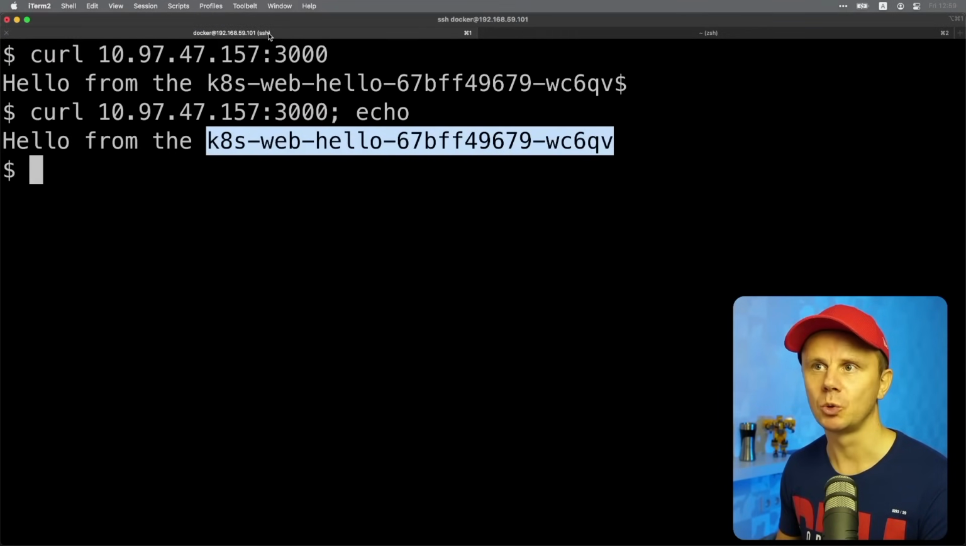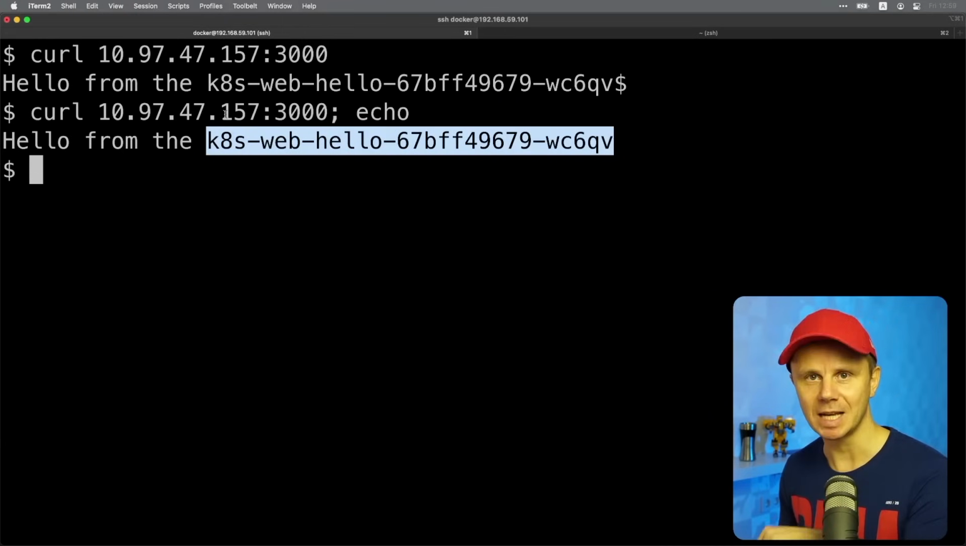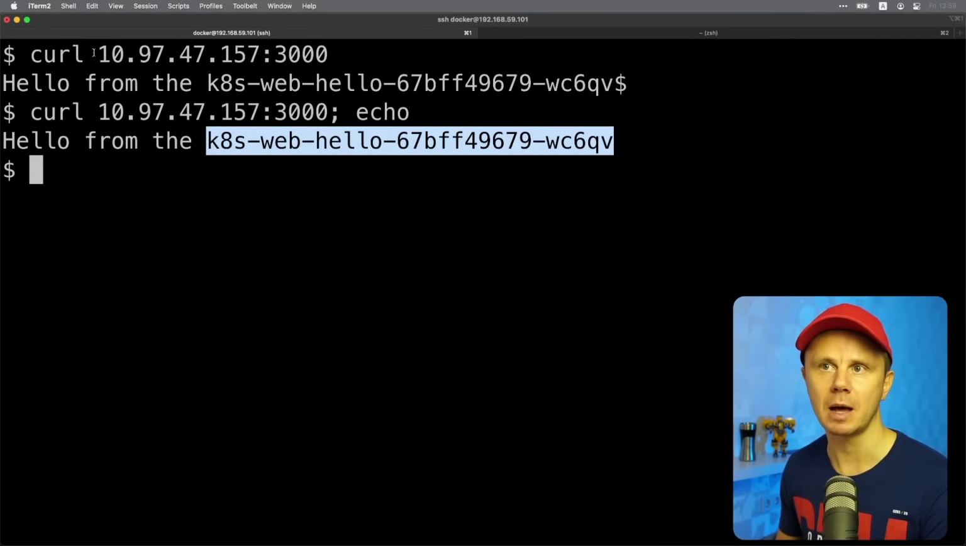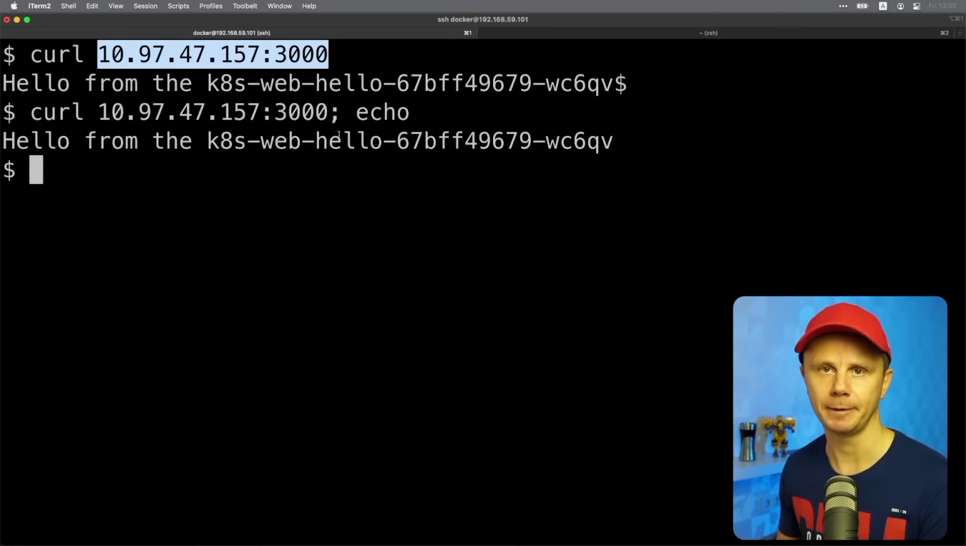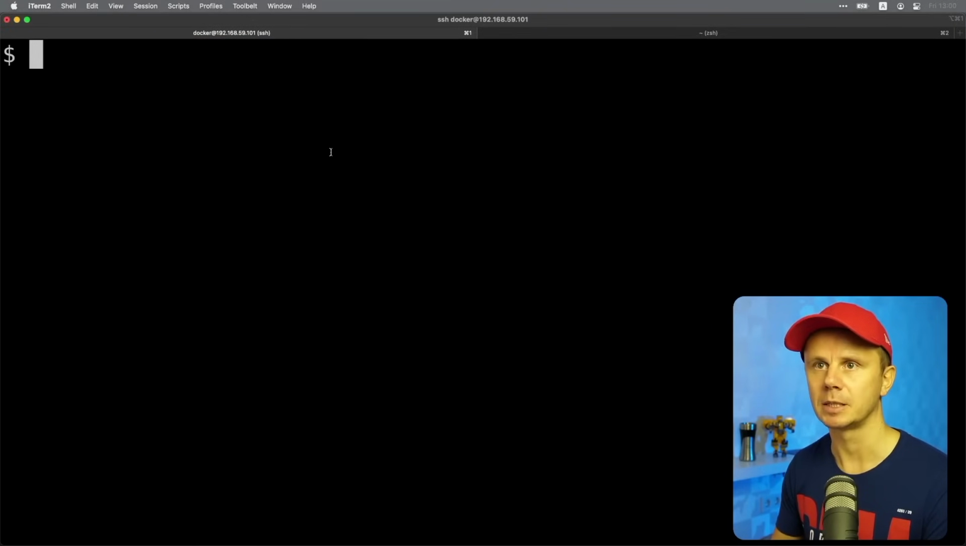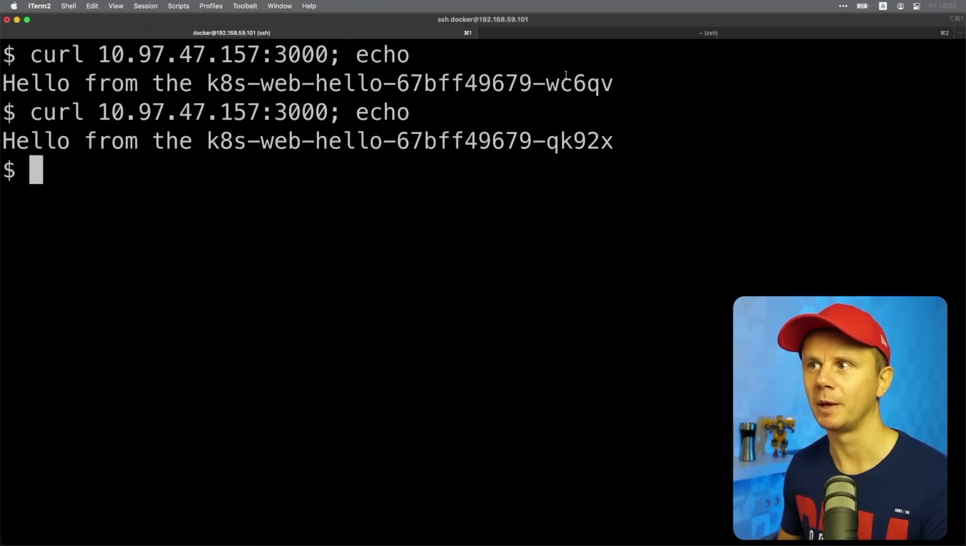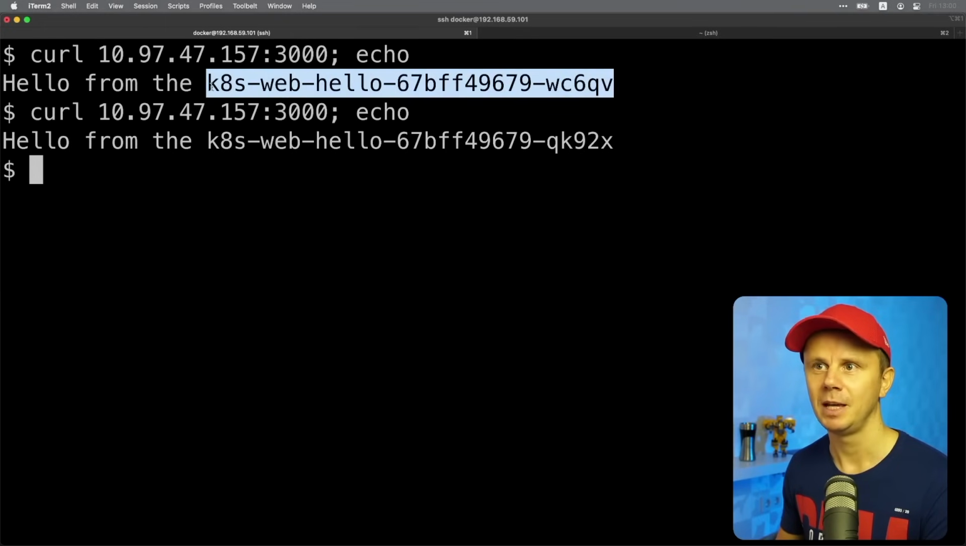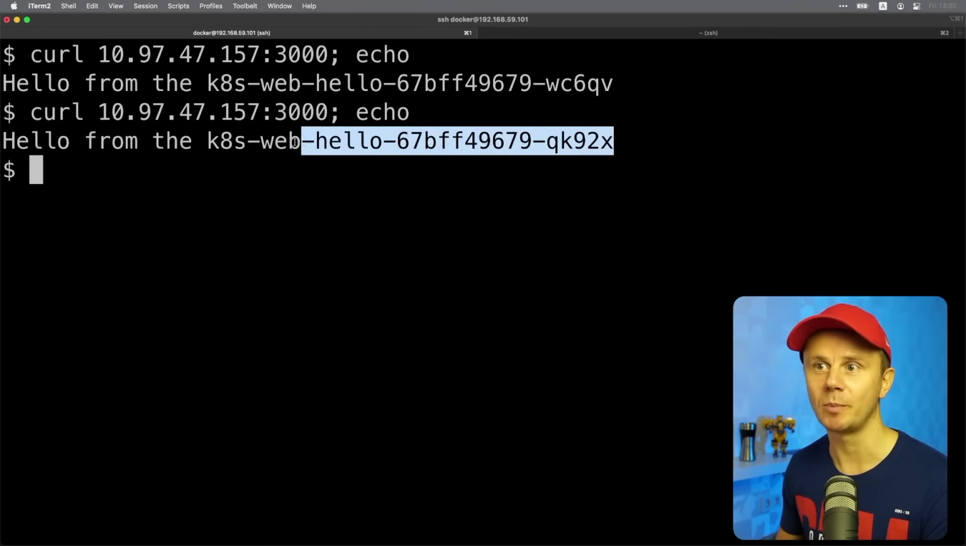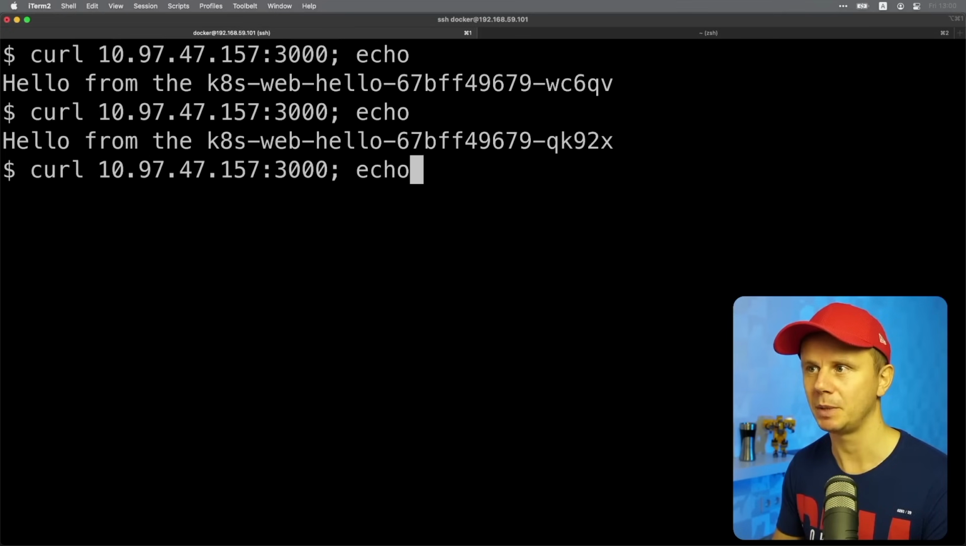Let's now go back to this tab where we are inside of the Kubernetes node and try to make connections to this cluster IP and this port again. Let's clear terminal here and CURL. Now I see response from this pod with such name. If I repeat command, I see response from other pod. Let's repeat command once again,